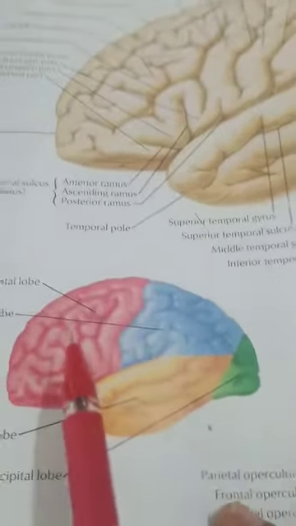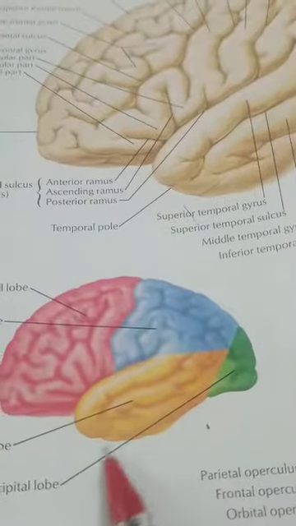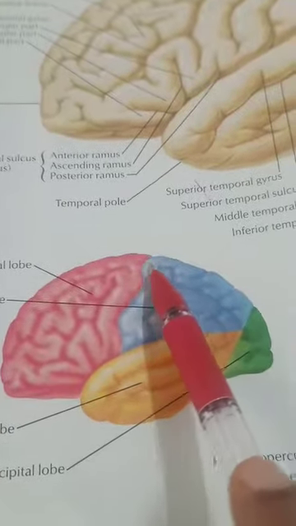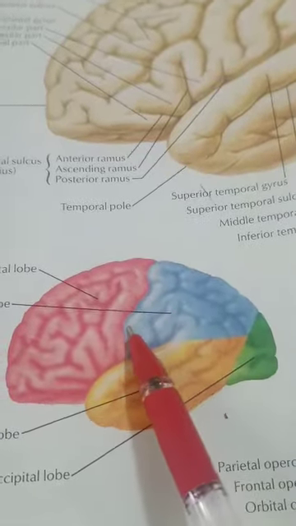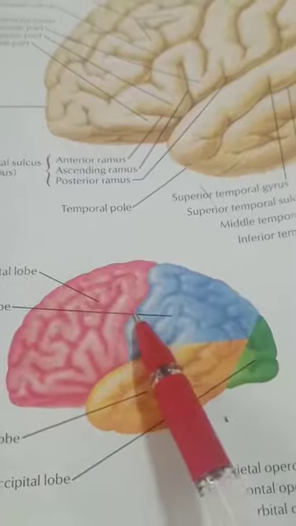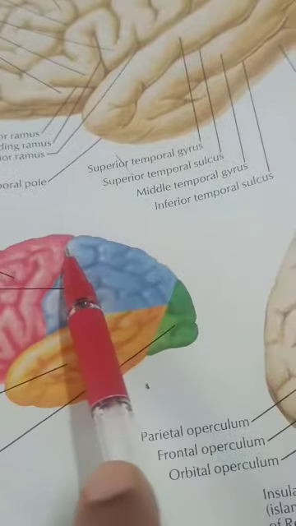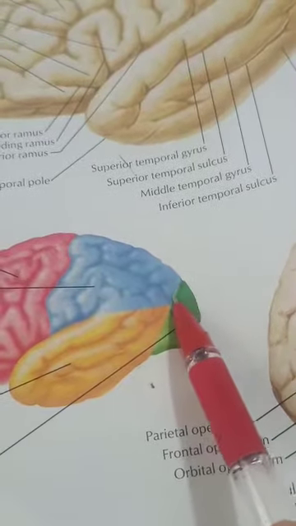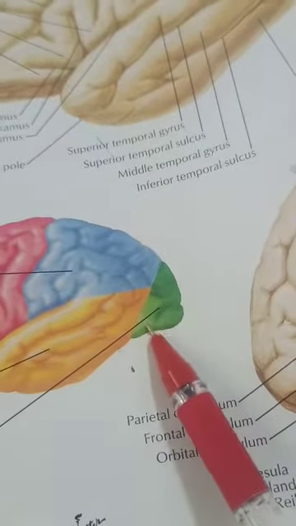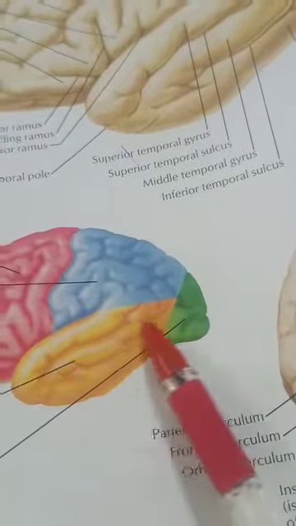The cerebral hemisphere is divided into 5 lobes actually. Here we can see 3 lobes. From the frontal pole up to the central sulcus, until it reaches the stem of the lateral sulcus, this part, the red colored region, is the frontal lobe. Between the central sulcus and the parieto-occipital sulcus is the parietal lobe. Posterior to the parieto-occipital sulcus is the occipital lobe, and laterally, below the lateral sulcus, is our temporal lobe.